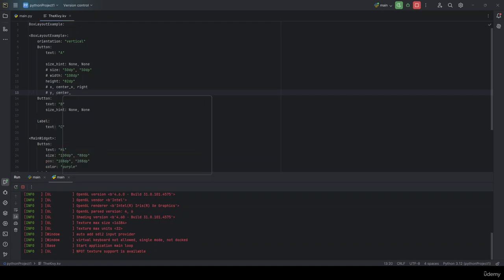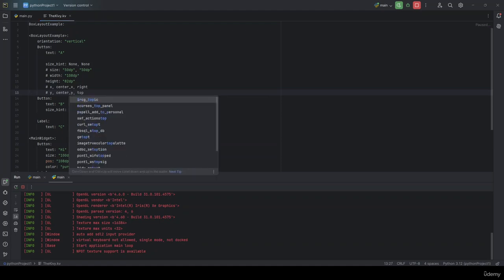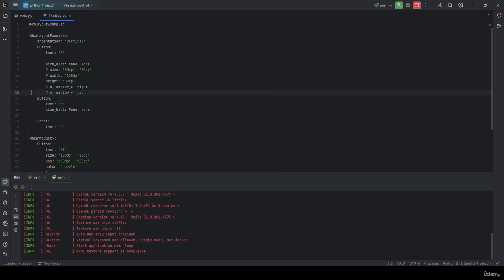Center underscore y over here, comma, and then here I'm going to put in the top value. And the last one we're going to do is using the position hint. Okay, so here I'm going to make another line. Just take it to this line. I'm going to put in, let's say, right over here, and I'm going to put in pause hint